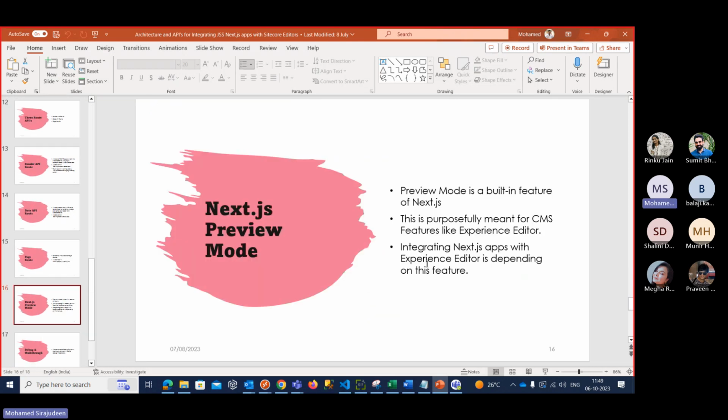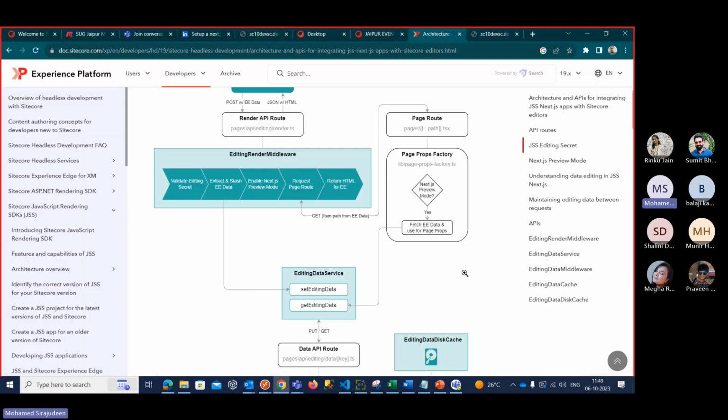So preview mode is a built-in feature of Next.js. This is purposefully meant for CMS features like Experience Editor. So this is particularly developed for editors like CMS editors. In our case in Sitecore, we have the Experience Editor. This is purposefully meant for Experience Editor. Integrating Next.js apps with the Experience Editor depends on this feature. Definitely, it depends on this feature only, because once the preview mode is enabled,